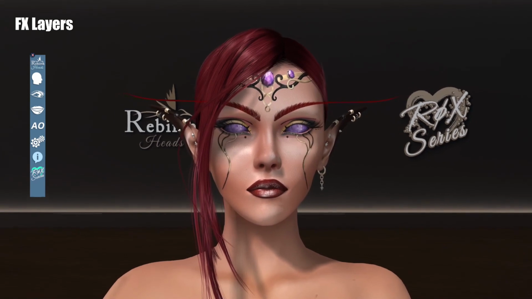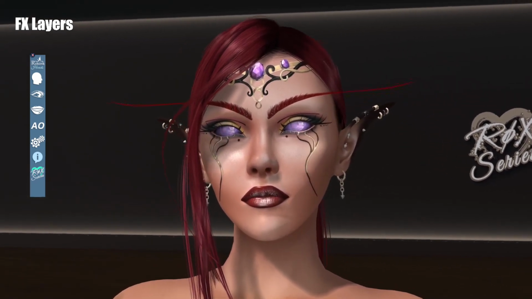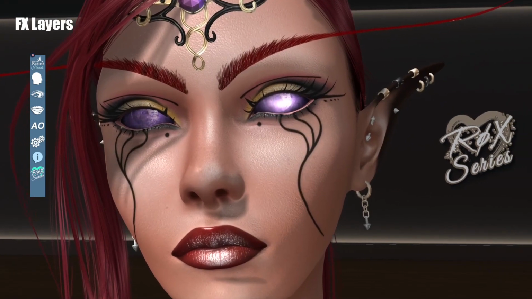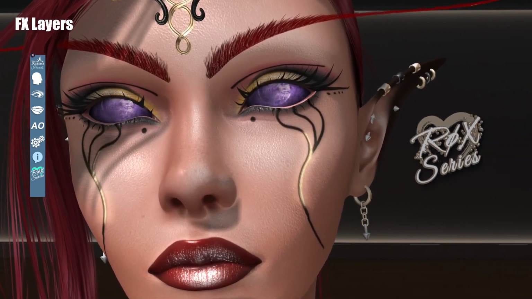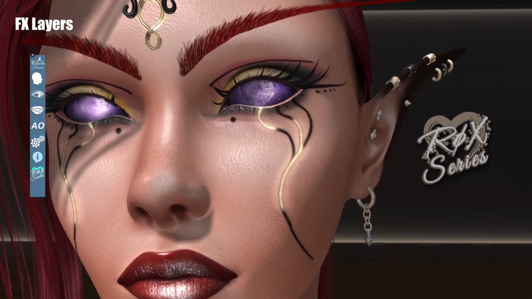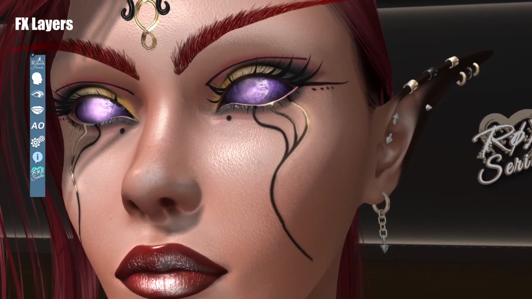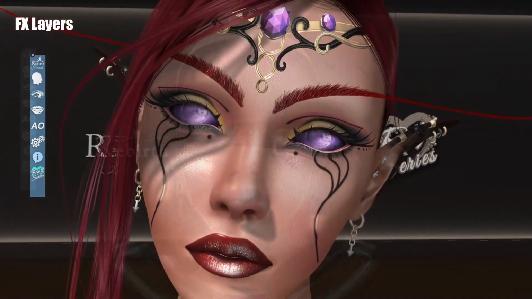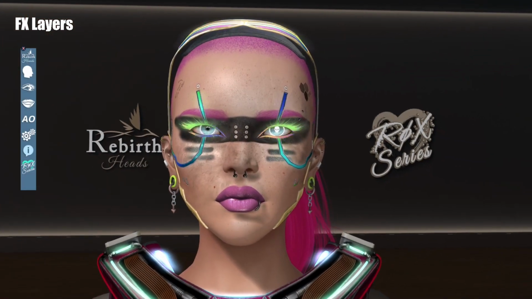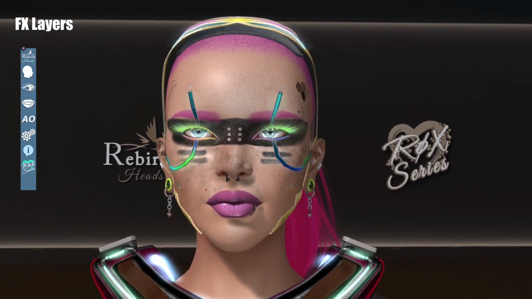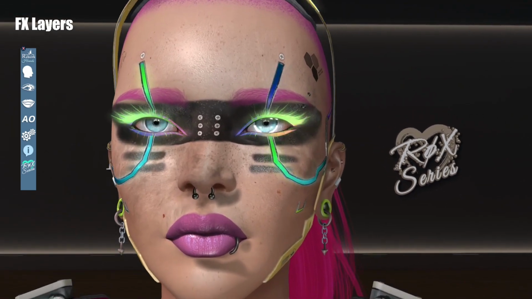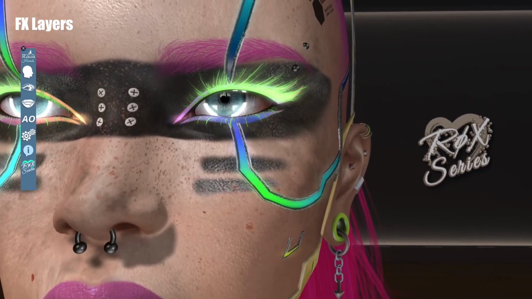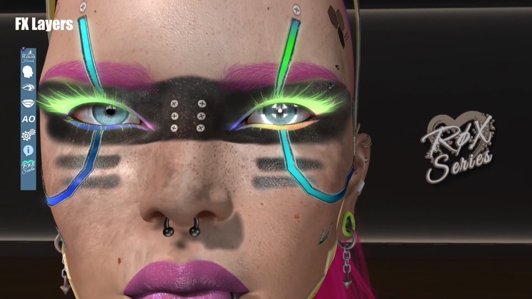If you are still wondering what an FX looks like, here are some examples shown on the new Rox head for the Arwen head. A magical storm type effect over bomb eyes as well as animated golden tears. And here is another example taken on the Rogue head with a cyber-like animation in the eyes, as well as the original animated eyeliners.